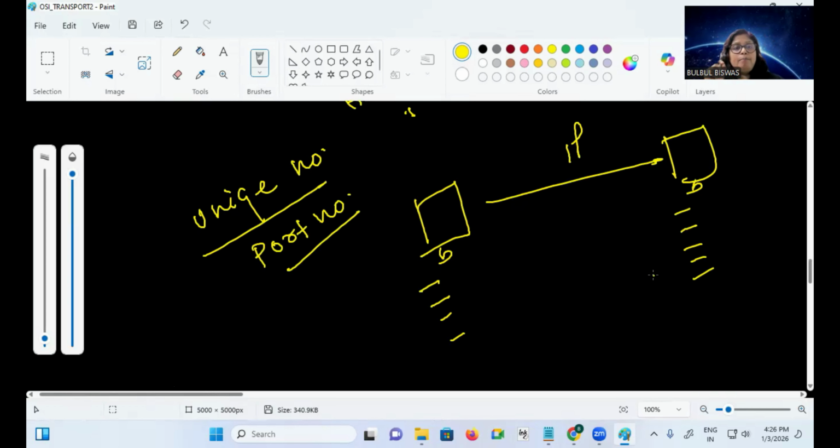Actually, a computer can run multiple processes at a time, and every process is uniquely identified by an address. That address is called the port address. And this port address is of 16 bits. Please everybody remember. When it is bits, of course my base will be 2. So 2 to the power 16 is